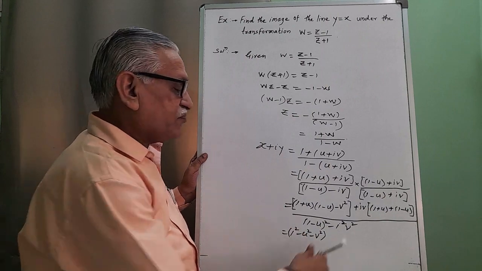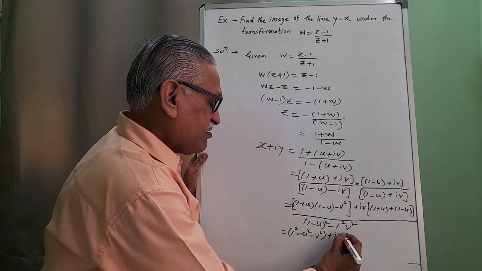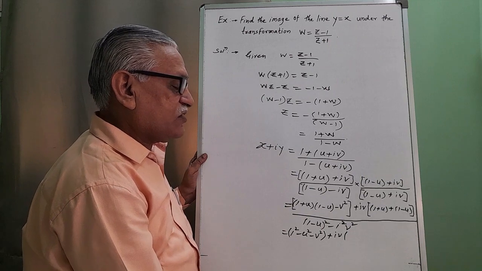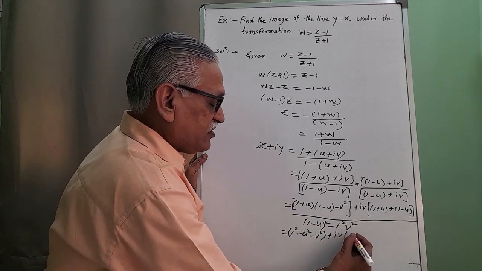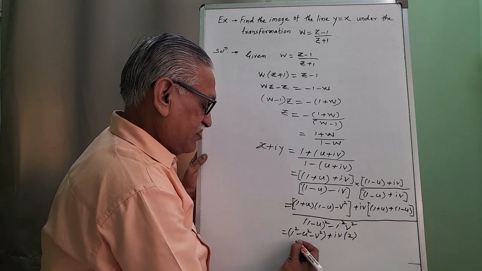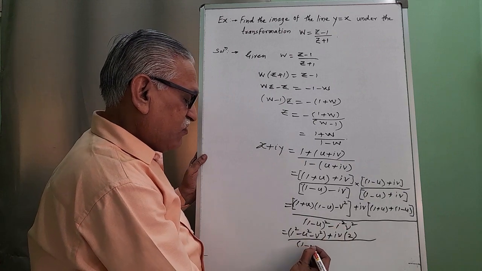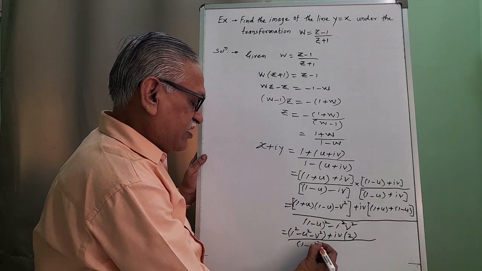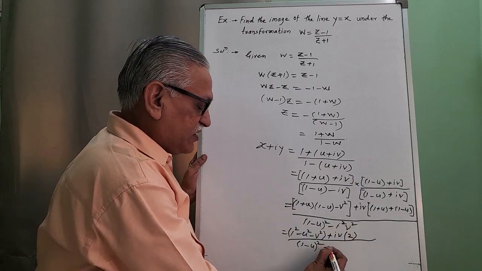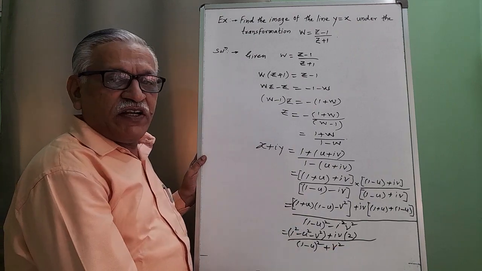as the real term, plus iv multiplied by 1 plus 1, we get 2, u minus u get cancelled, means it is 2, whole divided by 1 minus u whole square. I square is minus 1, therefore minus, and this minus will become plus v square. And then taking a separate division,